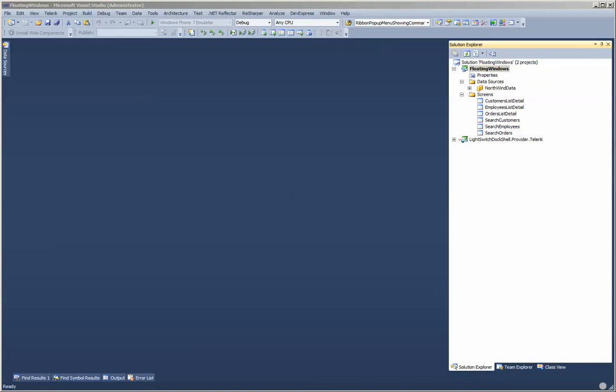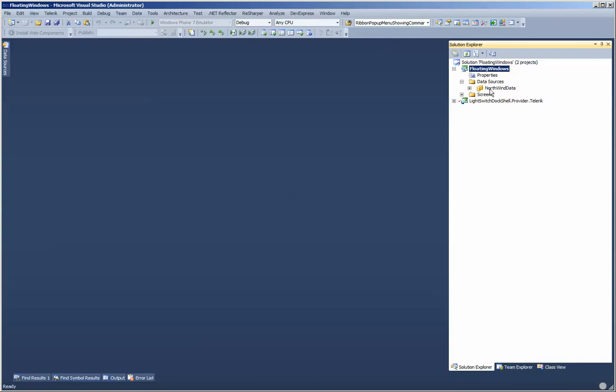And then when the user would navigate back to the ribbon tab where that floating window was hidden, they would show up again. So we'll show you how the default behavior behaves, and then we'll take you through how to make the code changes to implement that. So what we have here is the floating windows project, which is a